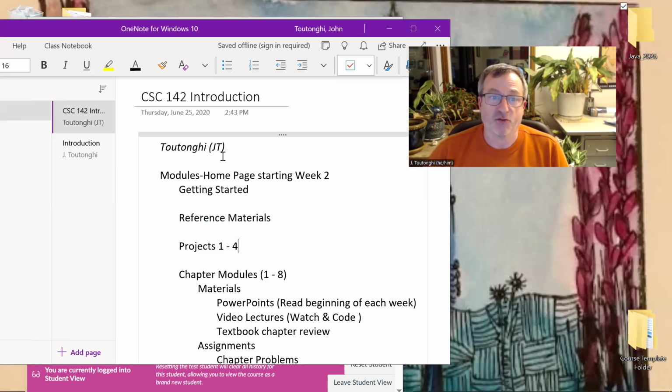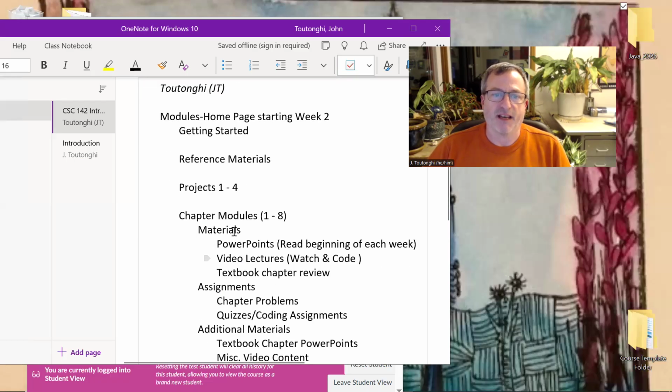Again, the modules will be our homepage starting in week 2. There's a getting started module, which is where you'll get started. There's a reference materials module and a projects module. And then those are followed by each of the chapter modules. We have 8 chapters. And within each chapter module, we have instructional materials that are going to consist of PowerPoints